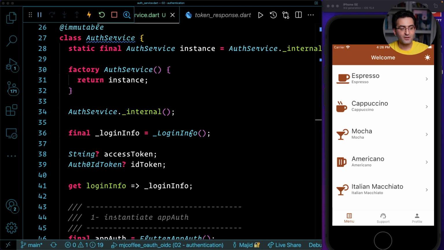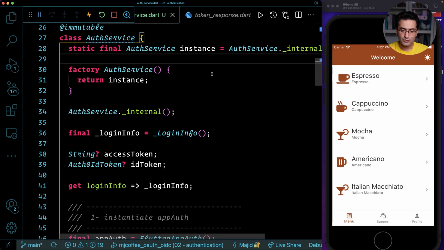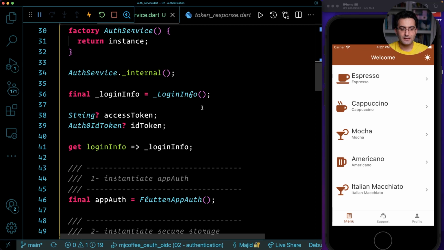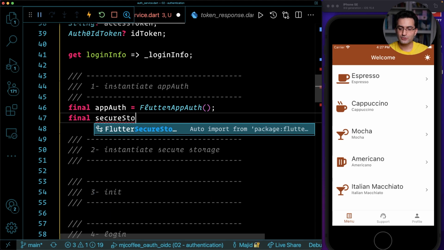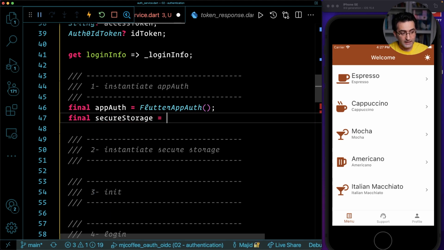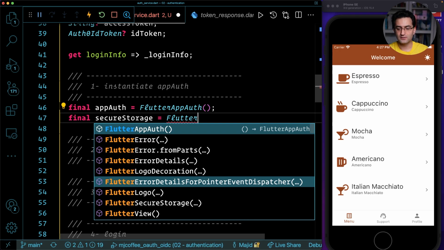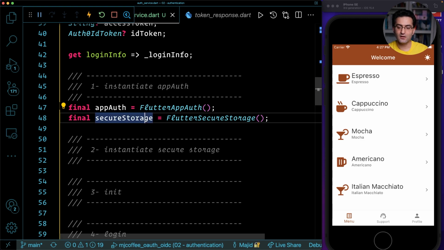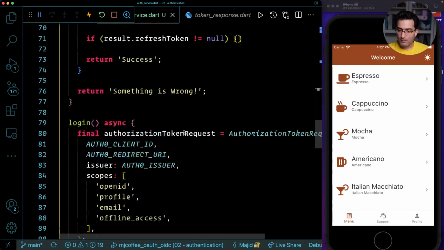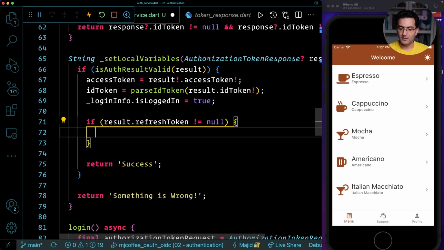We need to have an instance of our secure storage. But how can we do that? Very simple. I'm gonna come to where I instantiated my app auth here, and then I'm gonna say secure storage, and I will actually instantiate Flutter secure storage. I get now an instance of Flutter secure storage. Very good. Now I can go back to where I wanted to store everything. Here is the case,